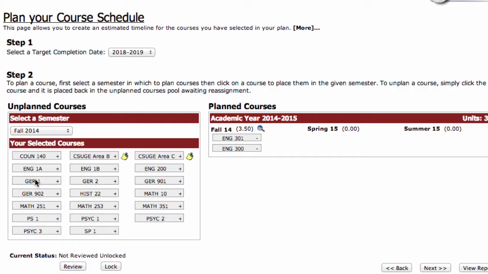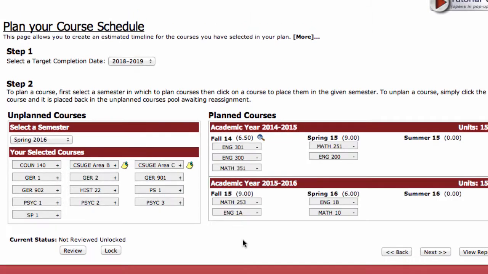I'm going to add in the math and English courses for you in the correct order from the basic skills level as a guide for you. You can see here that the math course sequence begins with Math 351, followed by Math 251, Math 253, and the transfer level math. The English courses progress from the 300 level to English 200 to English 1A, followed by